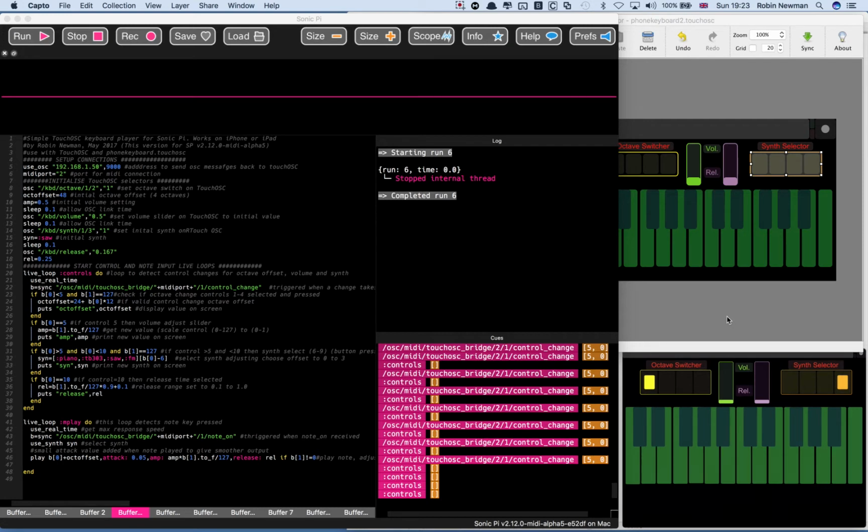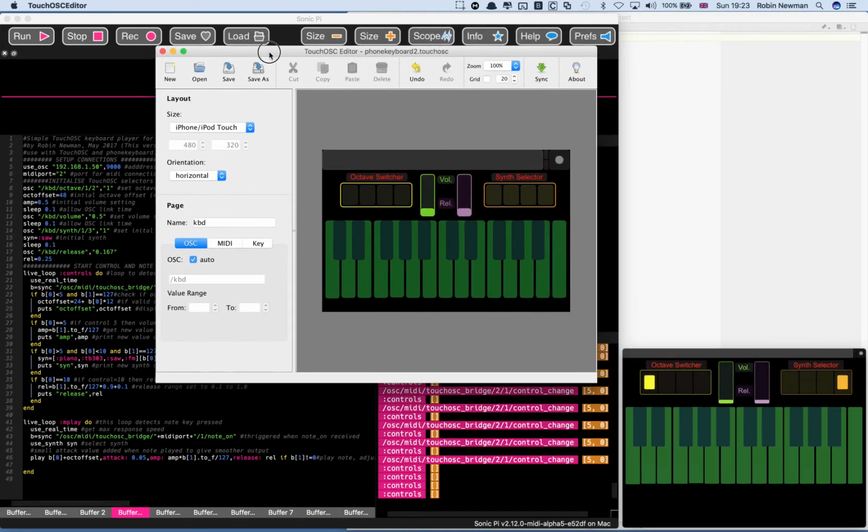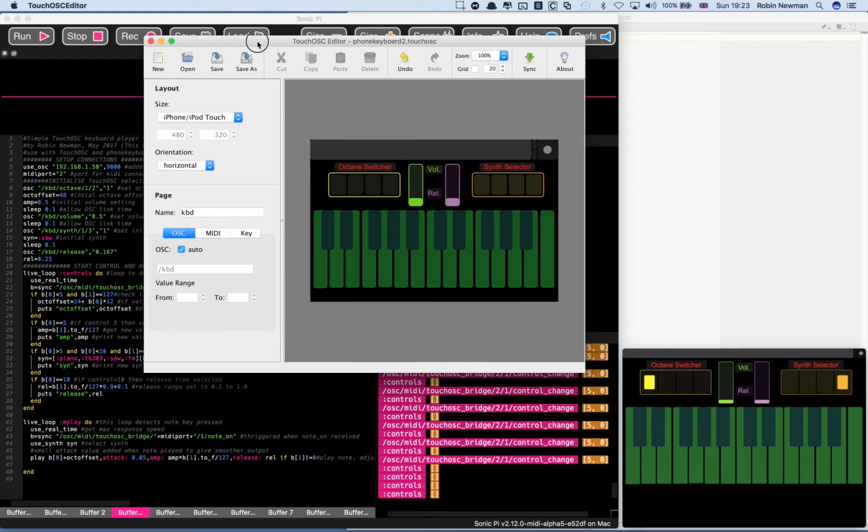So what have we got here? Well, let's start off by looking at the TouchOSC side, and perhaps the easiest way to do that is to switch to the TouchOSC editor, which I have running here, and you can see that this is set up for an iPhone or iPod Touch size screen, and the one that's running on my iPad is actually the same thing